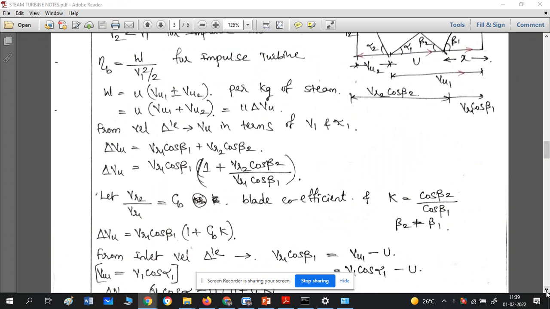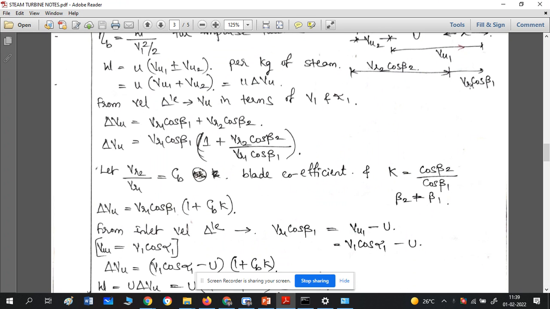Okay, I will continue with the V1 cos alpha 1 and how to resolve it. As I told, VR1 from the diagram above where the cursor is shown. Are you able to see the video now? Screen is visible? Yes, sir.